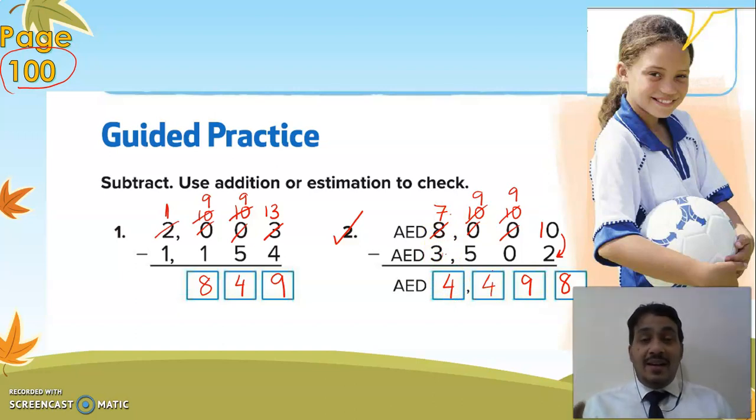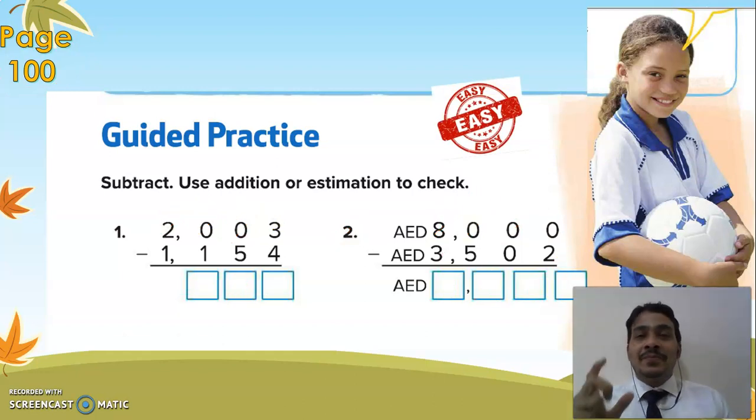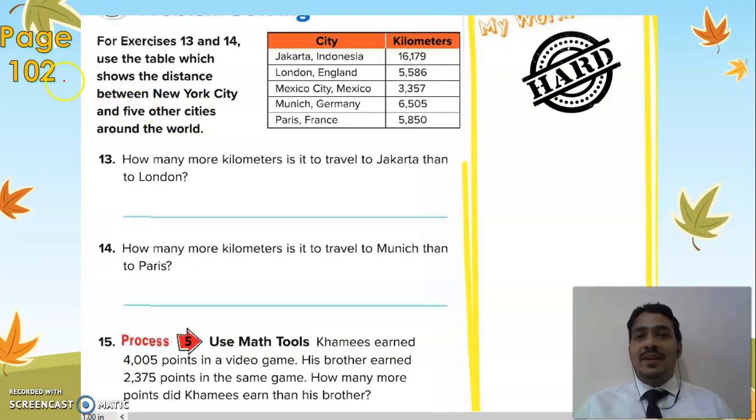Now let's take a problem. Let's do problem solving. These things are very easy now for you. I know it's very easy for you. Let's do a problem solving on page number 102. For exercise 13 and 14, that is this and this, use the table, this table,